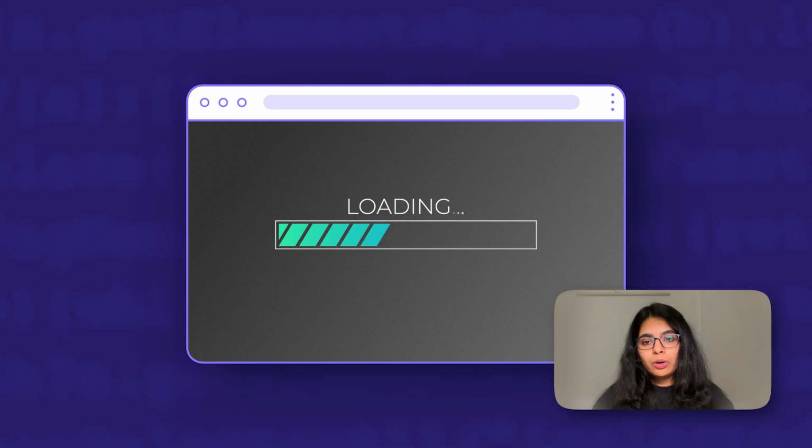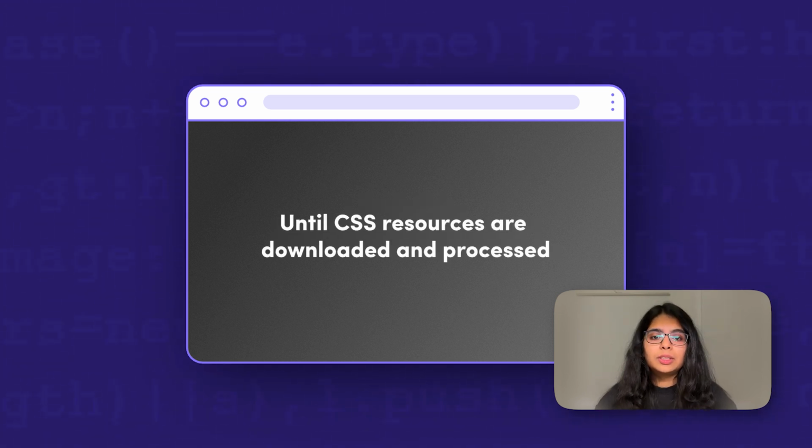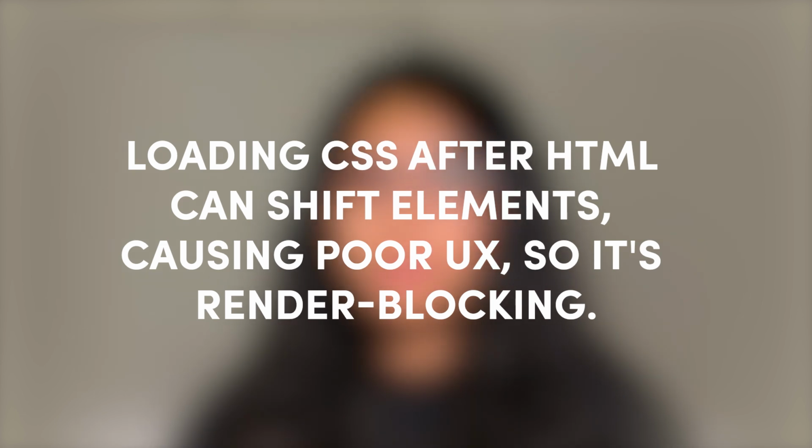CSS is render blocking, which means that the user can't see the content until the resources are downloaded and processed. Which makes sense, right? Because what if the HTML content has been loaded for the user, but after that, if we load the CSS, it might change the positioning of the elements on the screen, which is a very bad user experience, right? So this is the reason why CSS is render blocking.